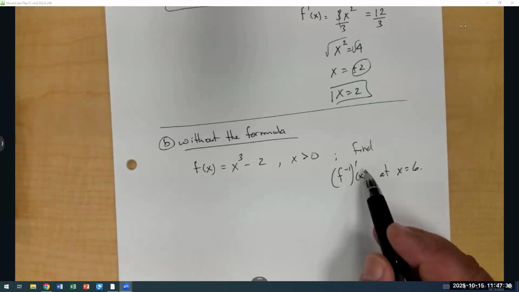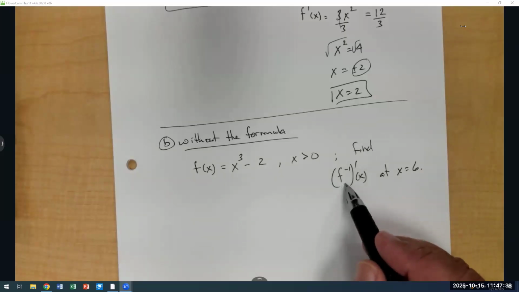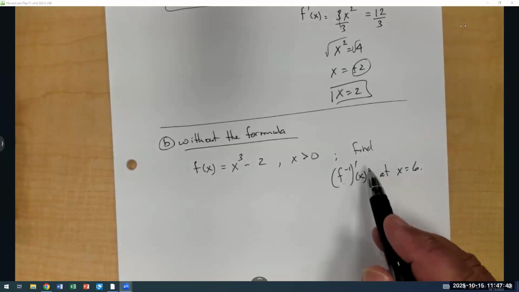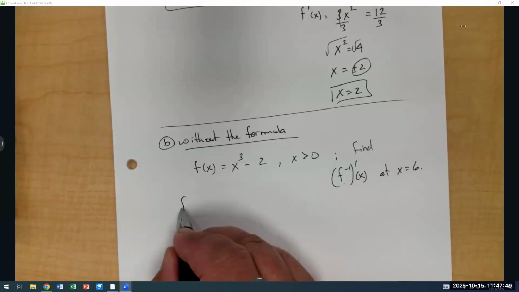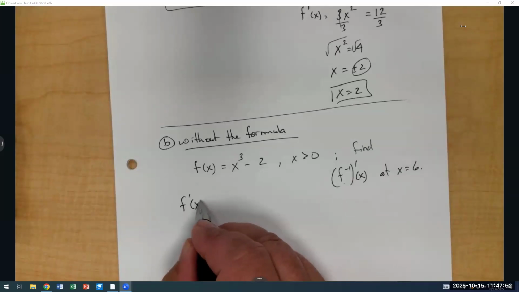We want to know the derivative of the inverse. Remember, derivative is what? It finds the slope. So if we find the slope of the original function,